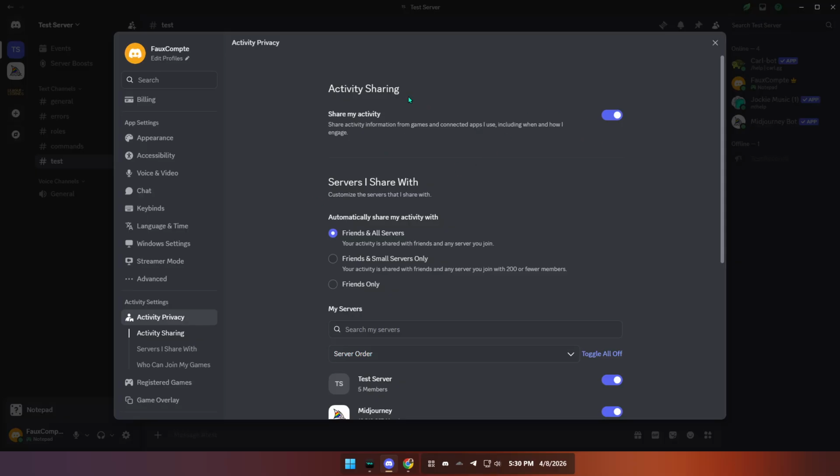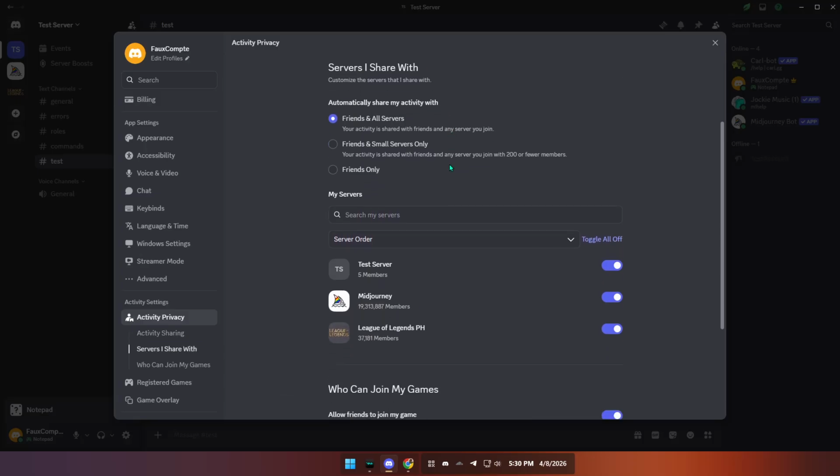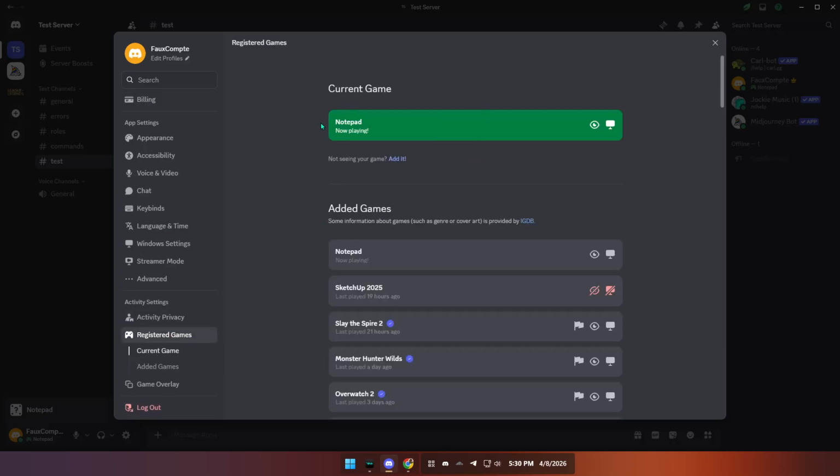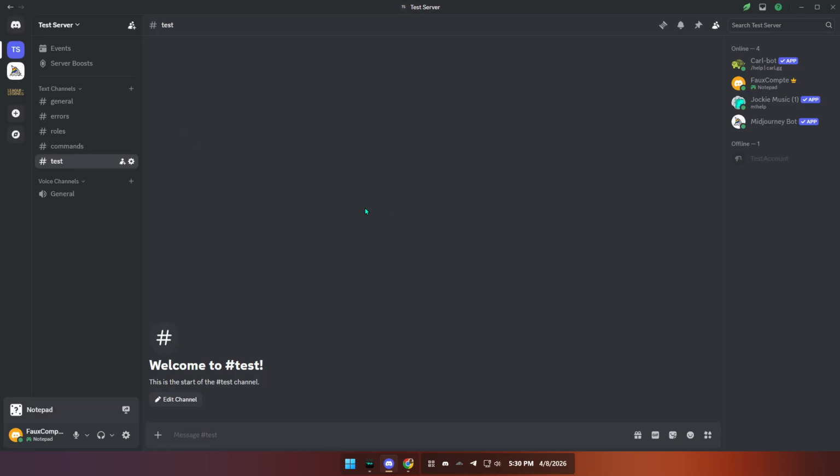And that's really all there is to it. Click the gear icon, go to Activity Privacy, and enable Share My Activity. With that single switch, your Discord presence becomes more interactive, making it easier for friends to see